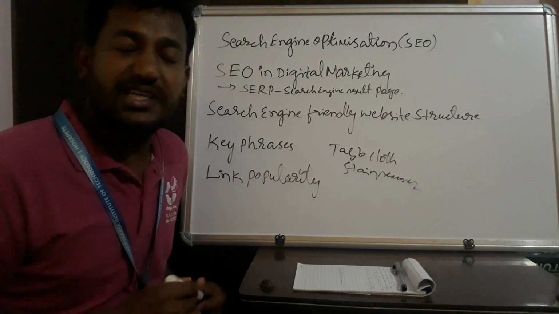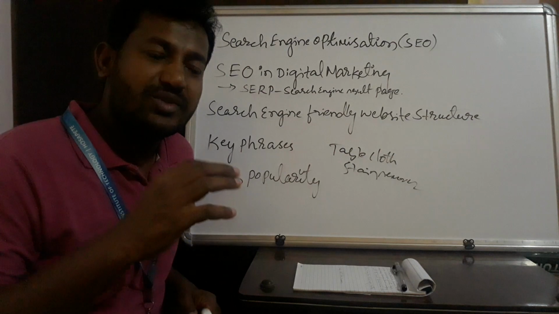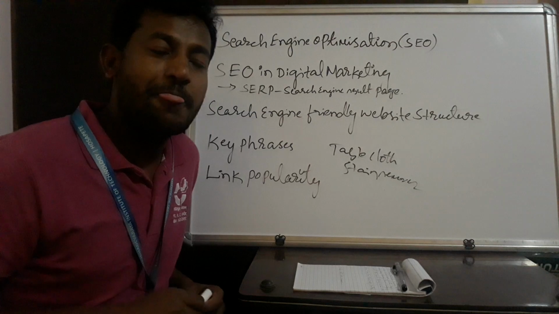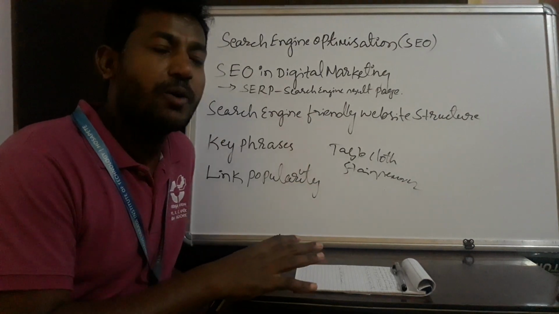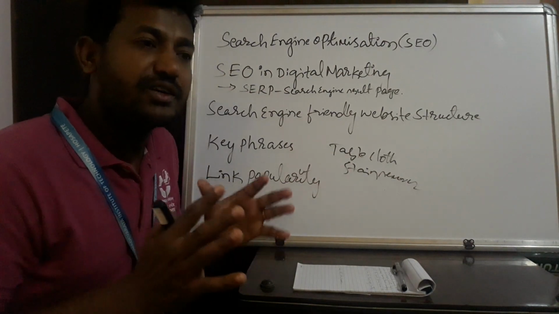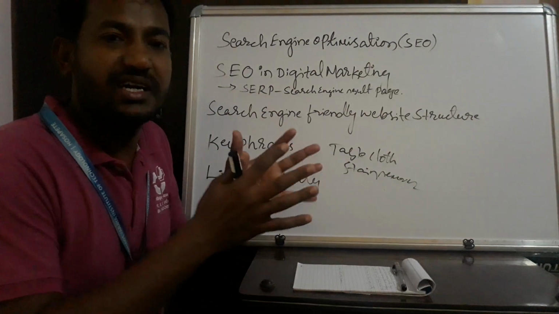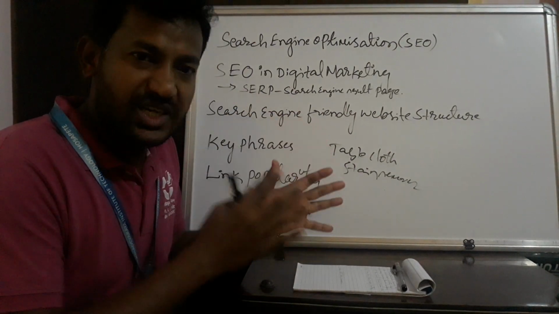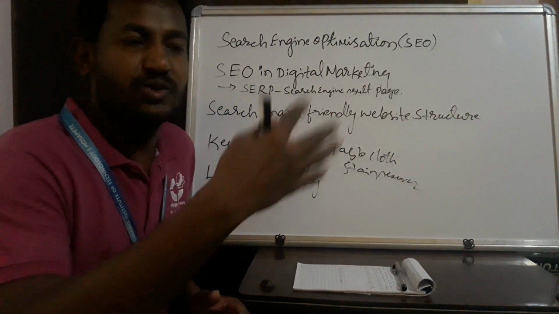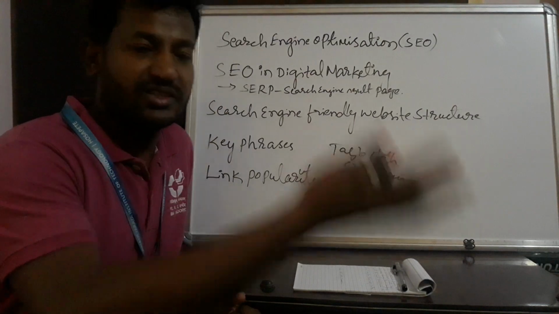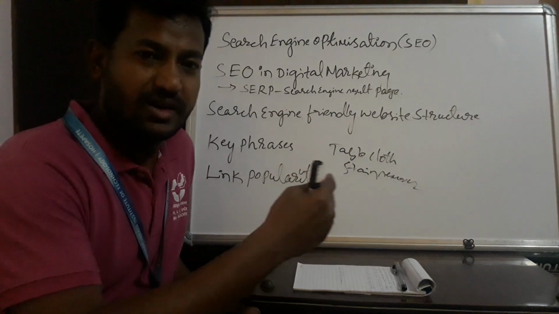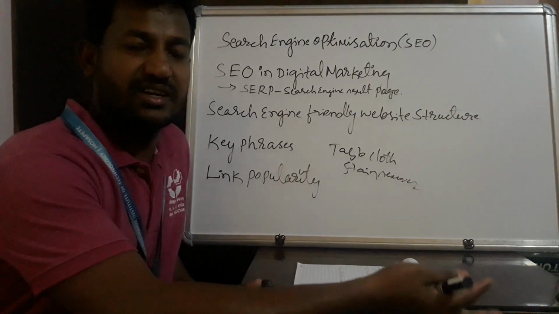And what is link popularity? Any famous website will have two types of link popularity: one is internal links, or interlinks, and one is external links. If a website has more and more internal links, they help you go through the website to the next process of sales, the next usage, or your next searches. Internal links will help you from branches, from one product to the next product, to the next service, and the next process.